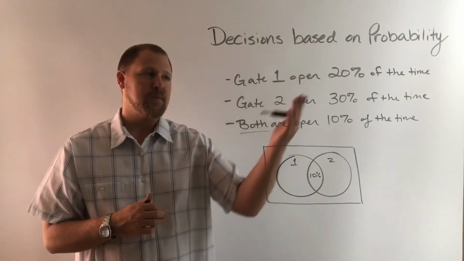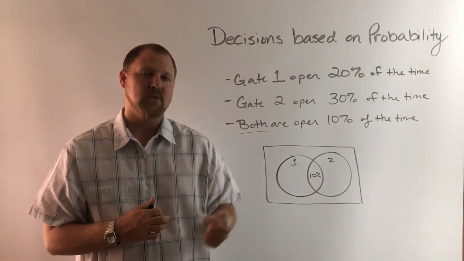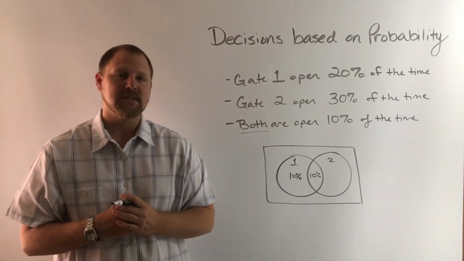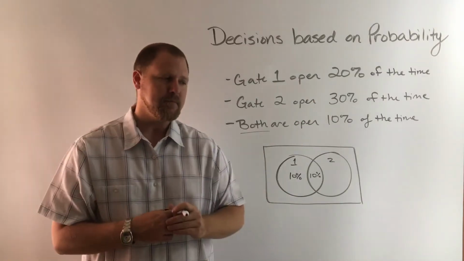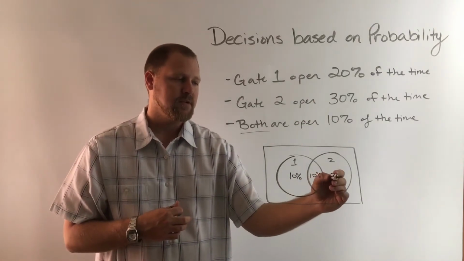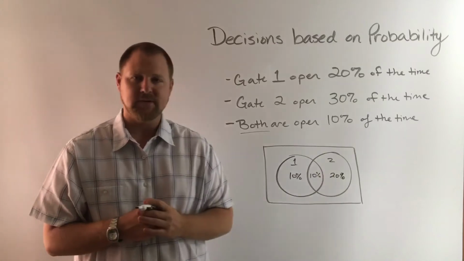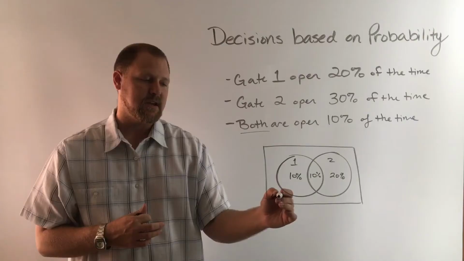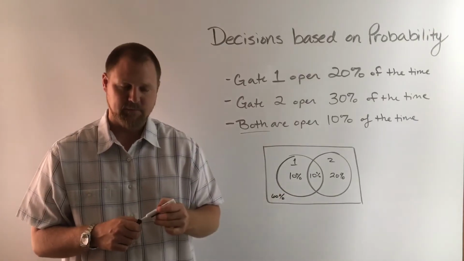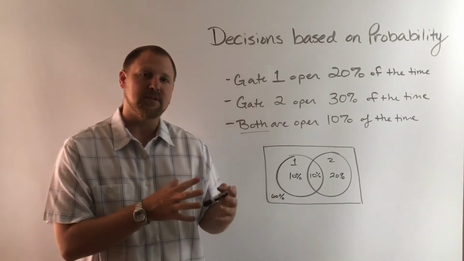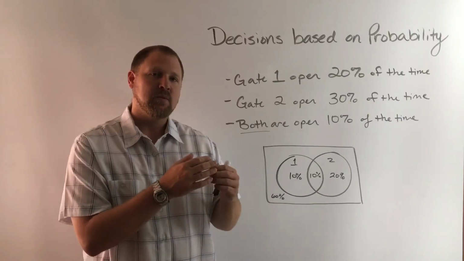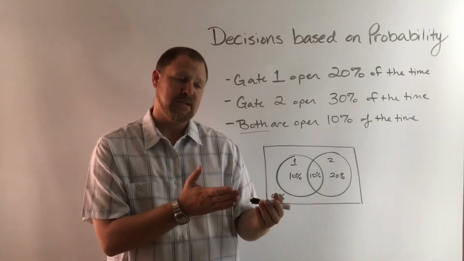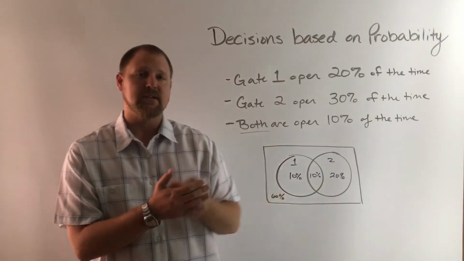Gate 1 is open 20% of the time, so circle 1 should add up to 20%. That means gate 1 is open by itself 10% of the time. 10 plus 10 is 20. Gate 2 is open 30% of the time, which means by itself it's open 20% of the time. And if you notice in here we have 40%, which means 60% of the time they're both closed. And that allows you to get the probabilities and analyze, calculating the probabilities based on these numbers, and especially some of these numbers that aren't necessarily given to you in